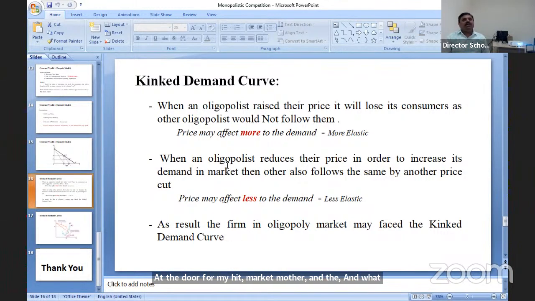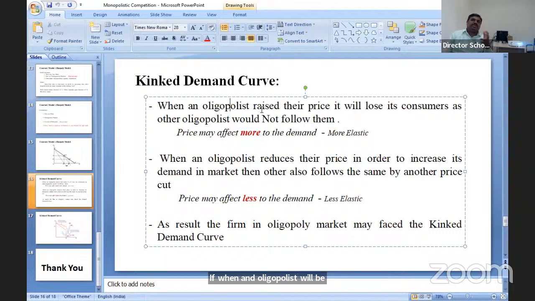Now what will happen? For example, the first condition: when an oligopolist... we have considered only 2 firms, because we are talking about the duopoly, and duopoly is the next type of oligopoly. Oligopoly market means there are only a few producers or sellers available, and duopoly is the next segment of the oligopoly market, which considers there are only 2 sellers in the market. When an oligopolist, meaning a duopolist, raises their price,